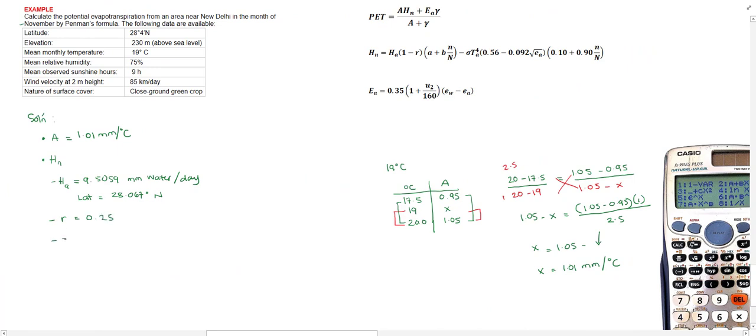Next is our A. This is equal to 0.29 cosine phi, and this is equal to 0.29 cosine 28.067. This is equal to 0.2559,